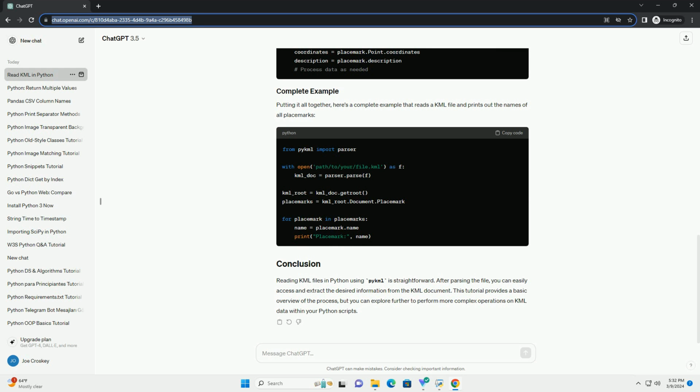This function returns a Python ElementTree object representing the KML document. Once parsed, you can access various elements of the KML document using standard XML traversing techniques. You can then extract relevant data from the KML file, such as placemark names, coordinates, descriptions, etc. Putting it all together, here's a complete example that reads a KML file and prints out the names of all